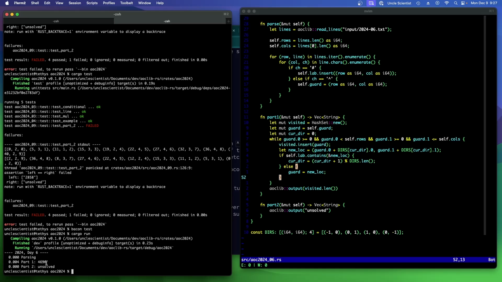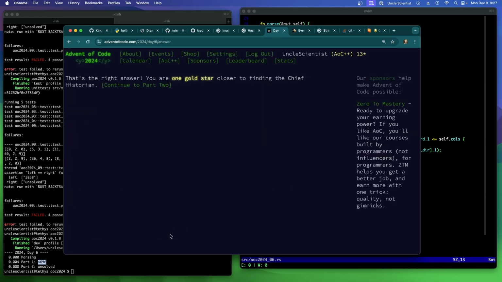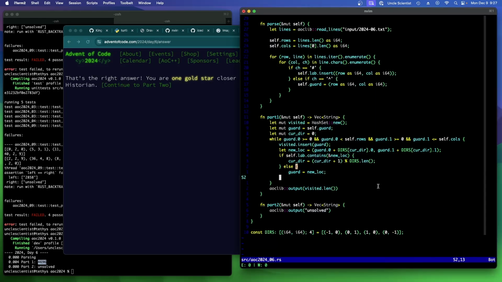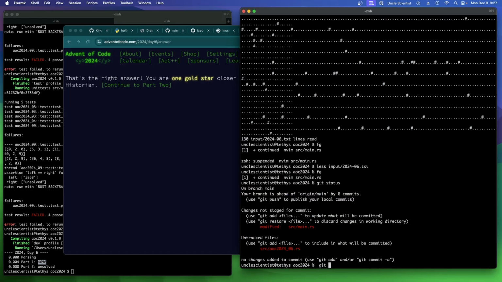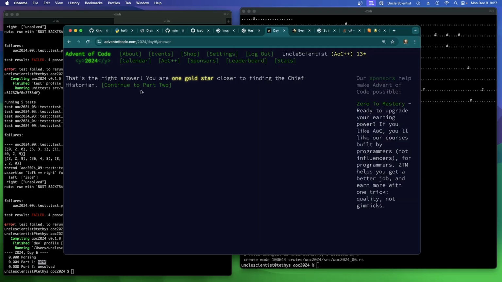Yeah, 4696. That's a reasonable number. Yay, that's the right answer. Okay, that was pretty straightforward. Git status, git add source, git commit -am 2024 day 6 part 1. All right,